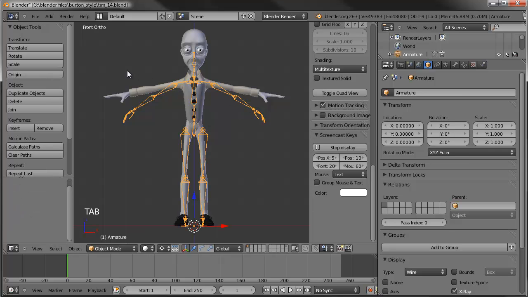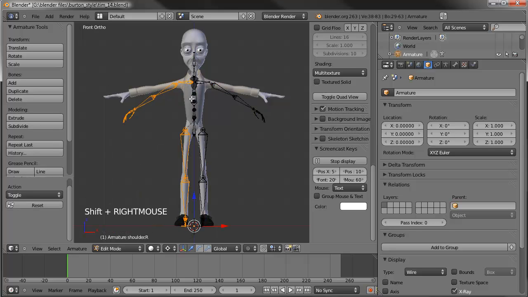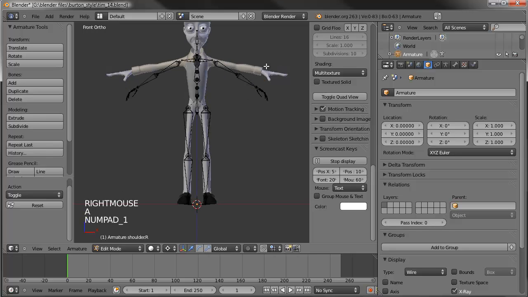I want to go ahead and tab into edit mode there and get rid of this half of the model, because we're going to modify this half and get it set up the way it needs to be, and then we'll just duplicate it over to this side. I don't know that it'll save time, but it'll just be easier, because sometimes if you try to select something like this, well, of course it's not doing it now, but if I select that,